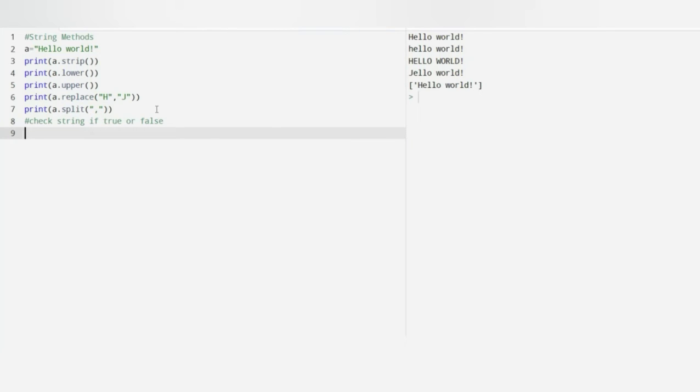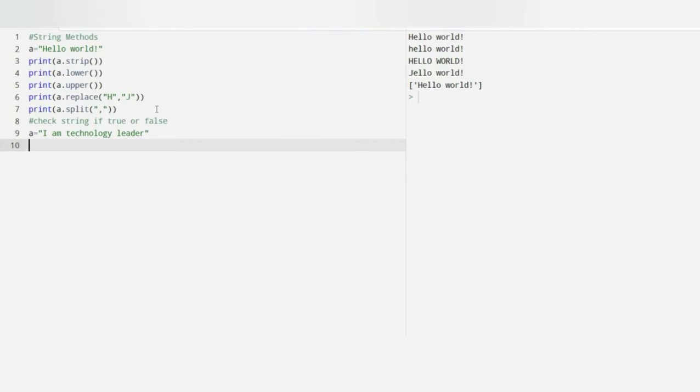Another thing, let's go to checking a string for true or false. We need to check whether some word is in the string or not. Okay, let us create a new string. a is equal to I am technology leader. x is equal to LOGY. The word is a.